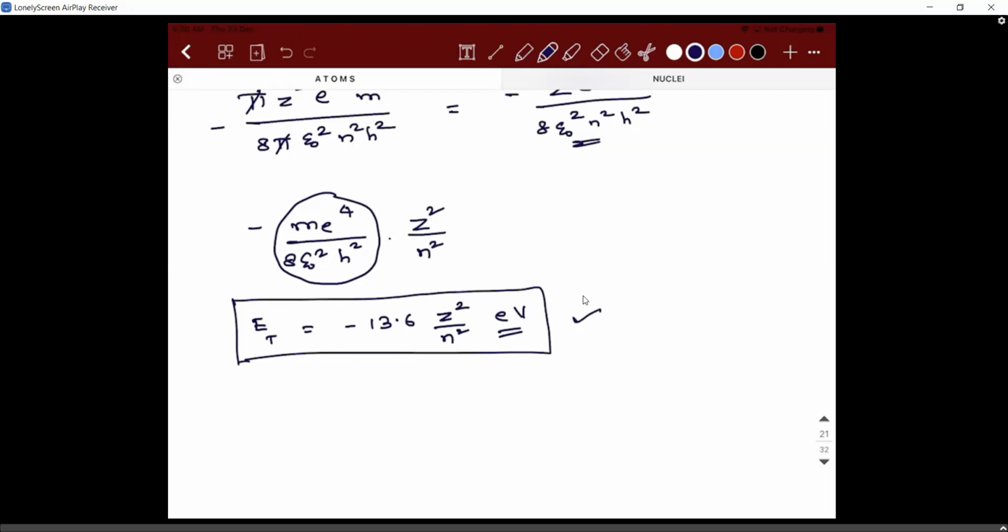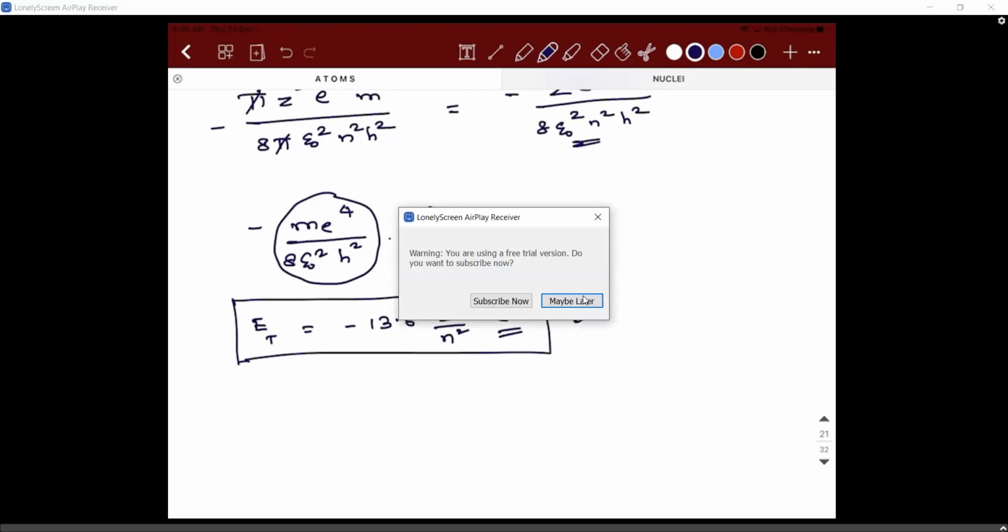He said that the electrons revolve around the nucleus in some random orbits. If that had happened, theoretically, what should have happened? It should have released a continuous spectrum. Do you remember that word? It should have released a continuous spectrum, and it should have lost energy and collapsed into the nucleus. So it couldn't explain the stability of the atom at all.